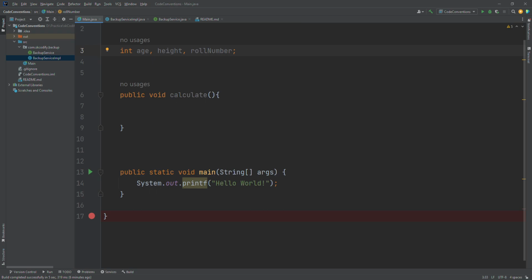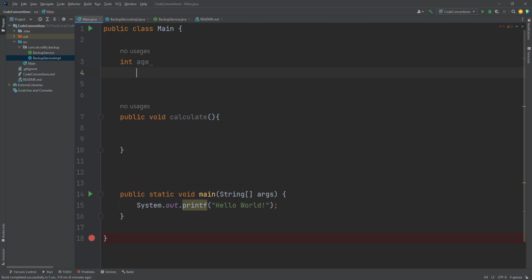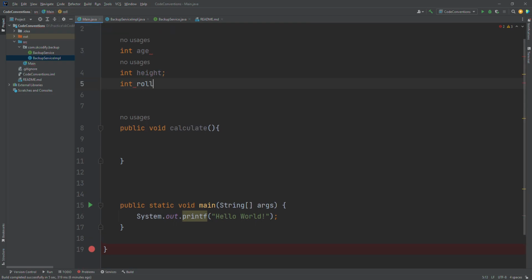This is not a good idea. Why? Because if we declare like this, we don't have a place to give some comment about each variable. If we declare them on separate lines, int age, int height and int roll number,